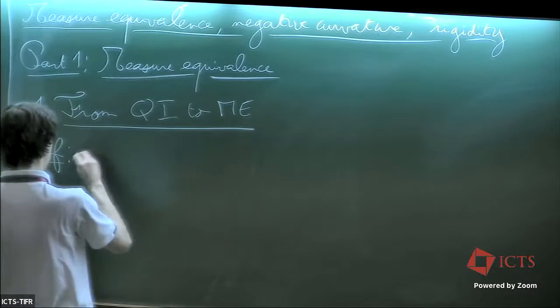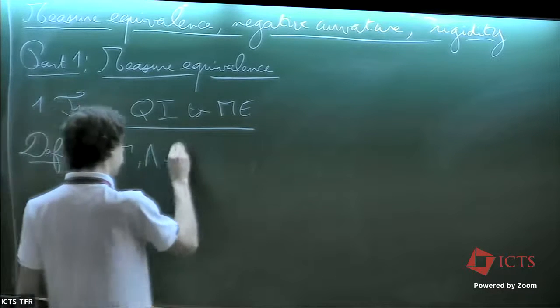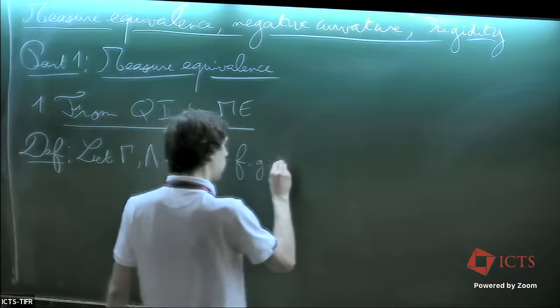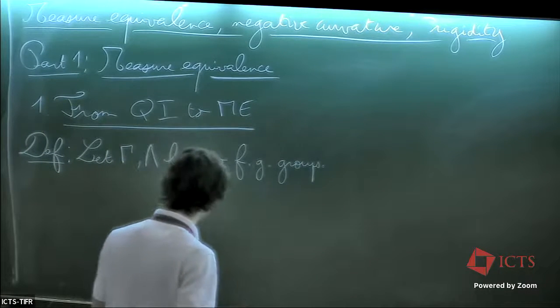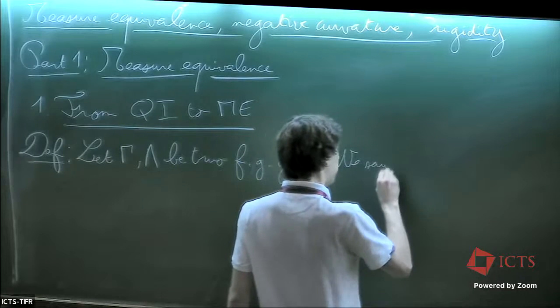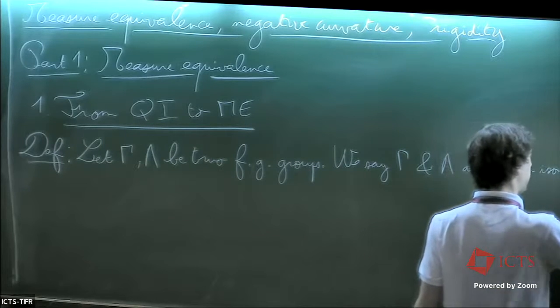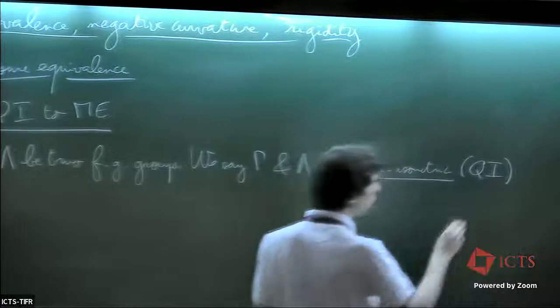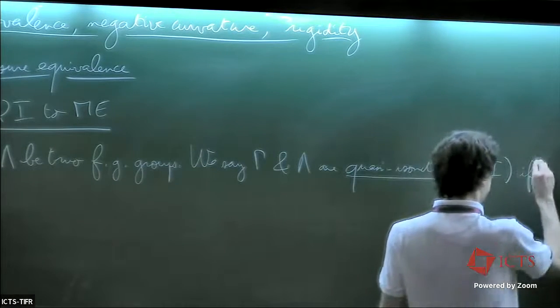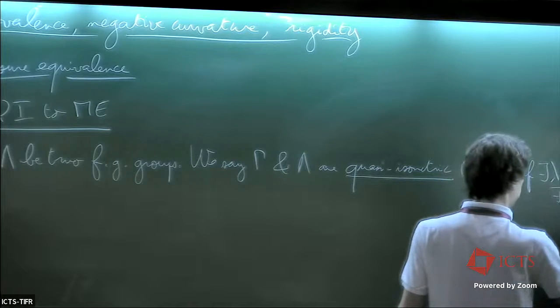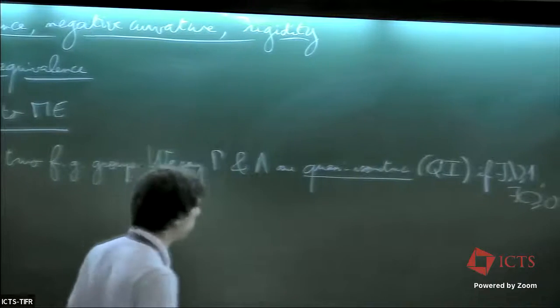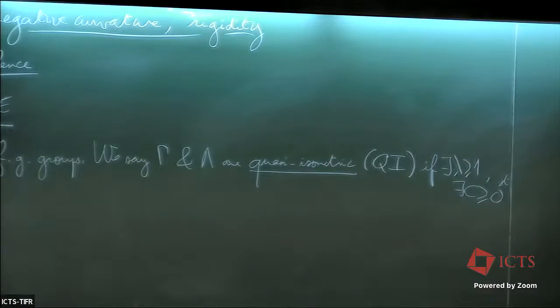Let me recall that if Gamma and Lambda are two finitely generated groups, we say that Gamma and Lambda are quasi-isometric, which I often abbreviate as QI, if you can find lambda at least one and a positive constant C such that, first, there is a map F from Gamma to Lambda,